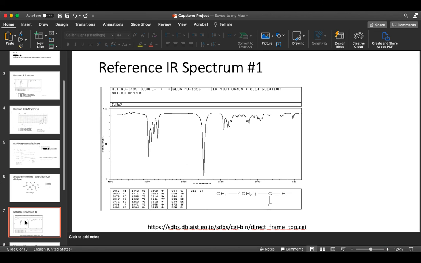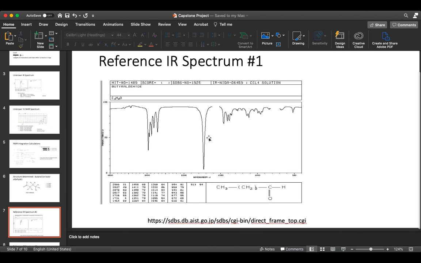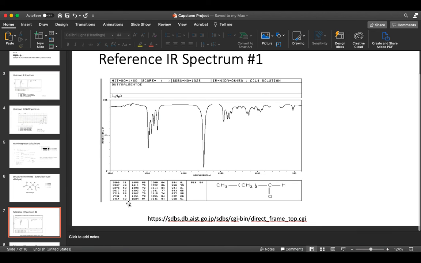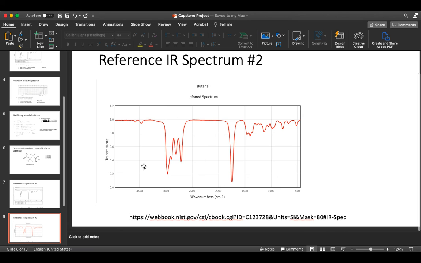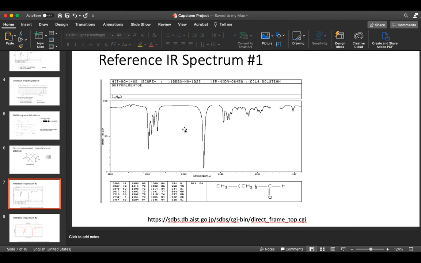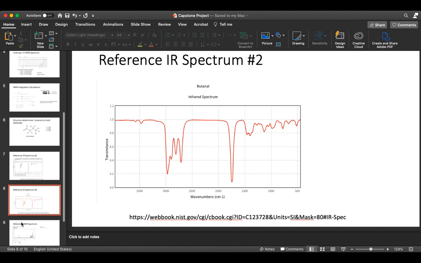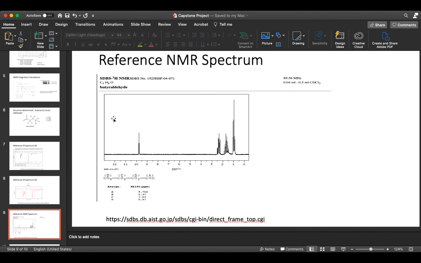So if we reference this with an IR spectrum found online, we can see that butylaldehyde actually has an identical IR spectrum to the one given in the lab. Here's another one. This one's a little less clean, but we can clearly see the same functional groups, the alkane, the aldehyde, and the carbonyl. It's just drawn a little bit differently. If we look at the NMR for butanal, or butylaldehyde,